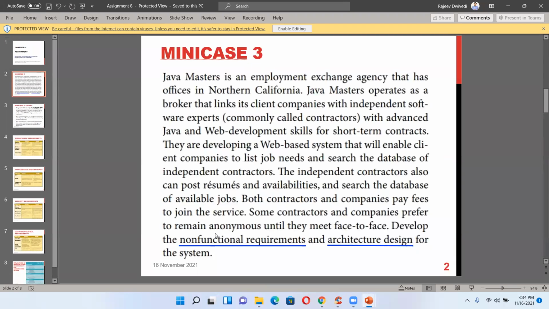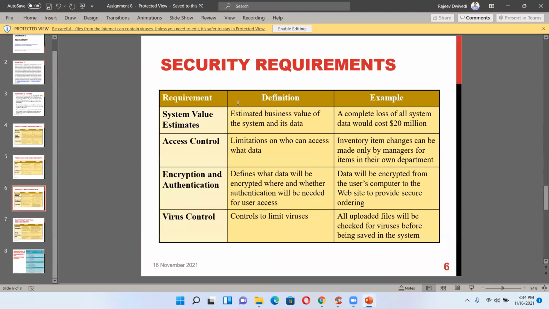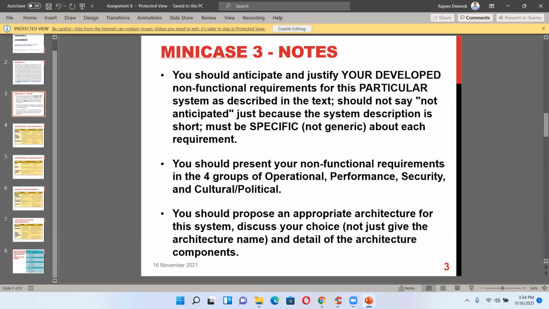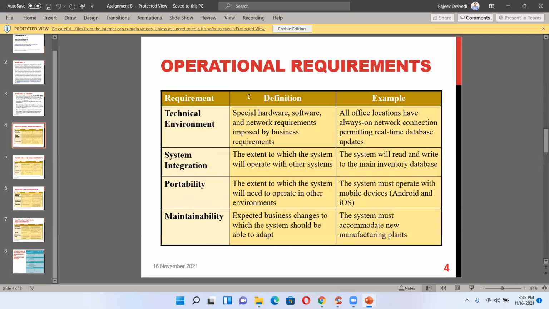The non-functional requirements are based on operational, security, and performance. But for architecture design, if you look into the slides, there are 2-tier, client-server, and different architectures. So based on that, you were required to do the architecture.